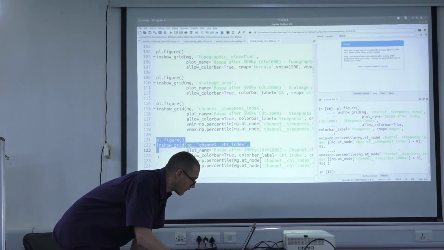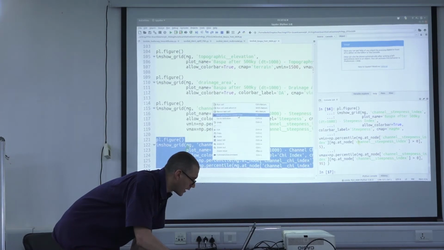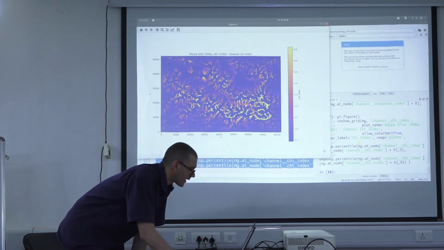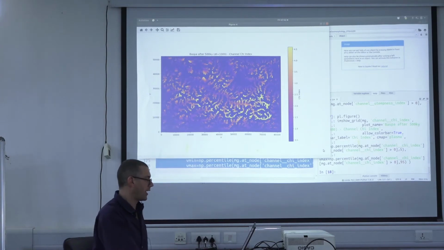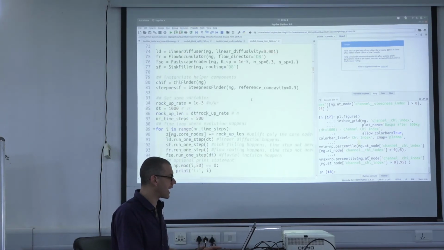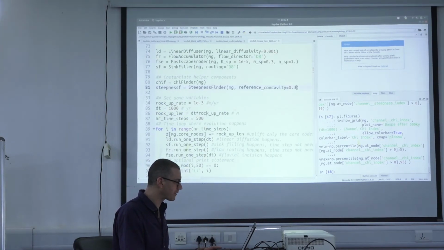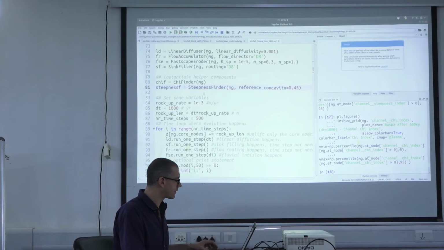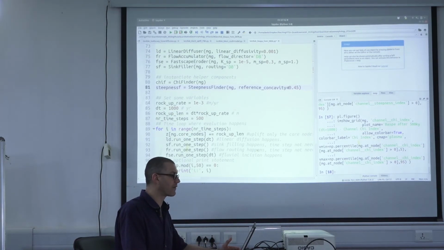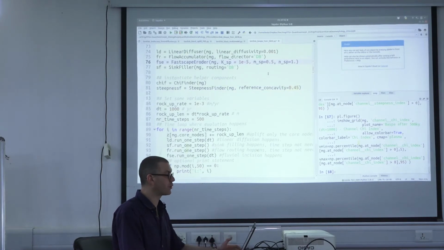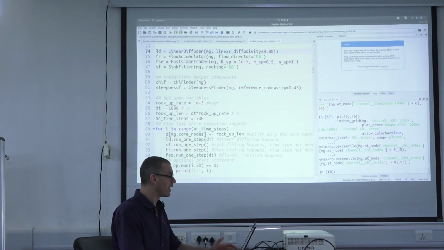I don't know if it would be useful looking at the Chi index right now. The Chi index is essentially, I don't think we need to discuss this. We do this at some later point. Let's do the following. I suggest that we revise some of the parameters and that the steepness index that we calculate actually uses a reference concavity of 0.45. We continue to let the Fastscape eroder, or if we would set this to 0.5 and run the model,